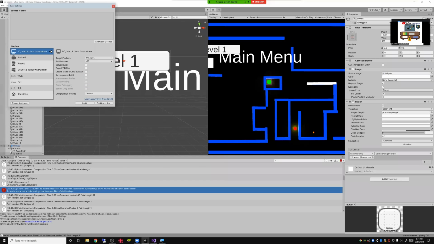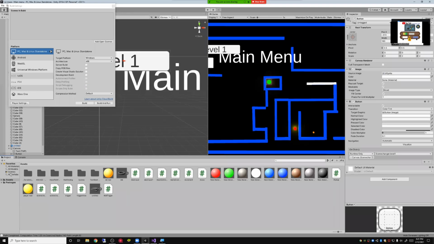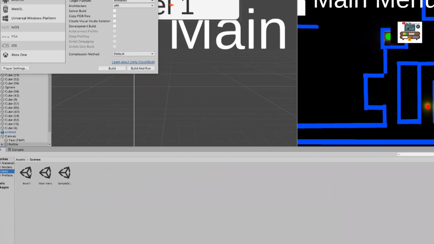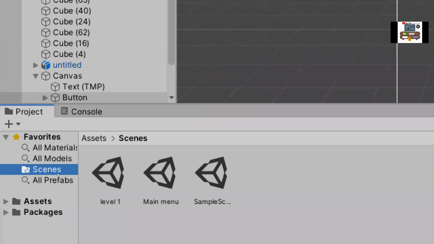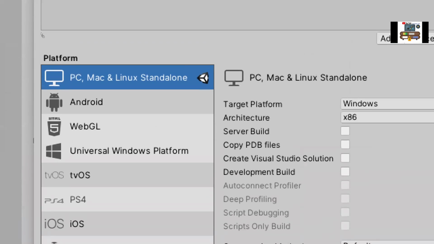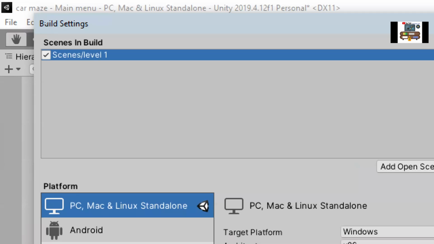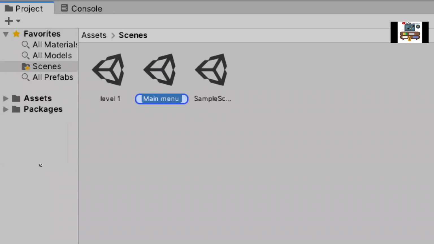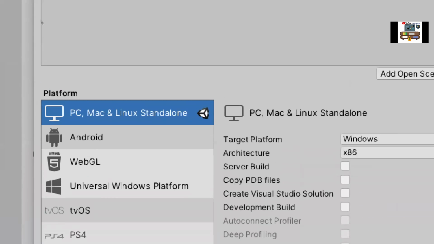So now if we go down here, right here is the scenes menu, and what I can do right here is I can just drag one and I can just move it here. So scenes level 1, and then we have main menu,